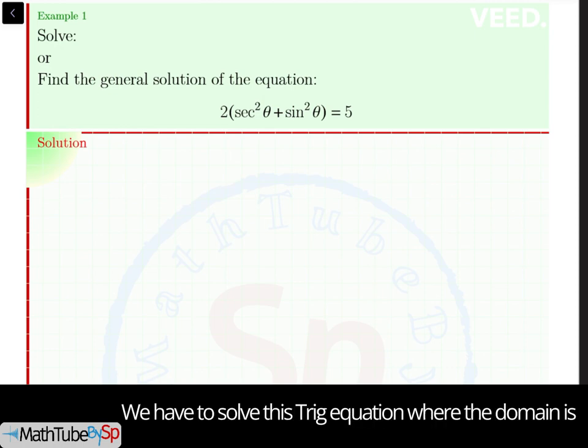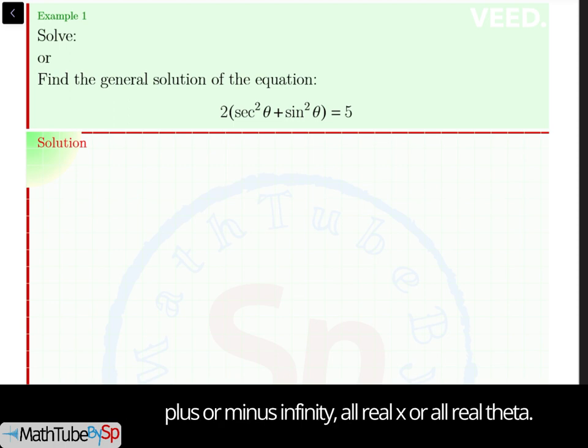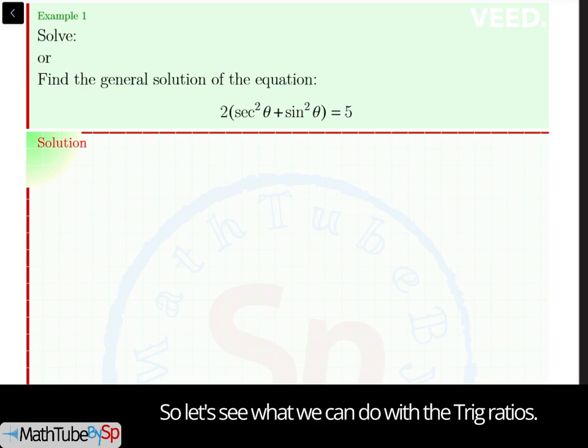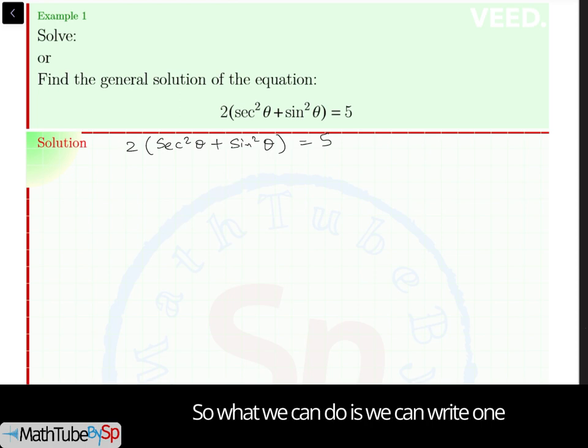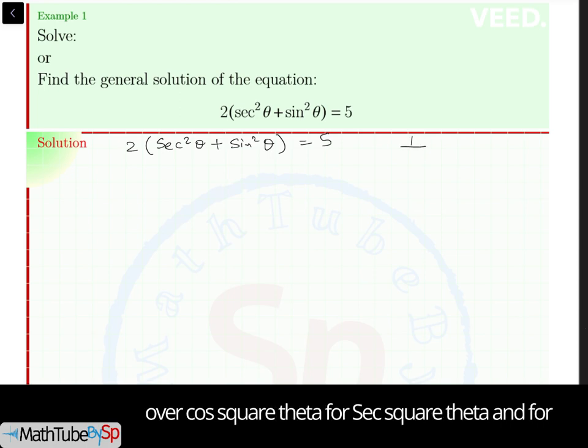We have to solve this trig equation where the domain is plus or minus infinity, all real x, or all real theta. So let's see what we can do with the trig ratios: sec square theta plus sine square theta is equal to 5. So what we can do is we can write 1 over cos square theta for sec square theta,